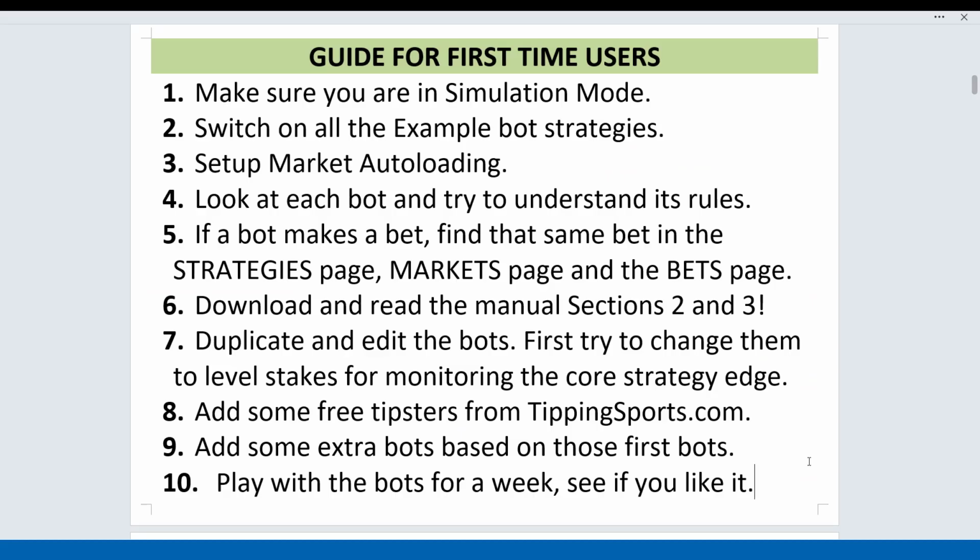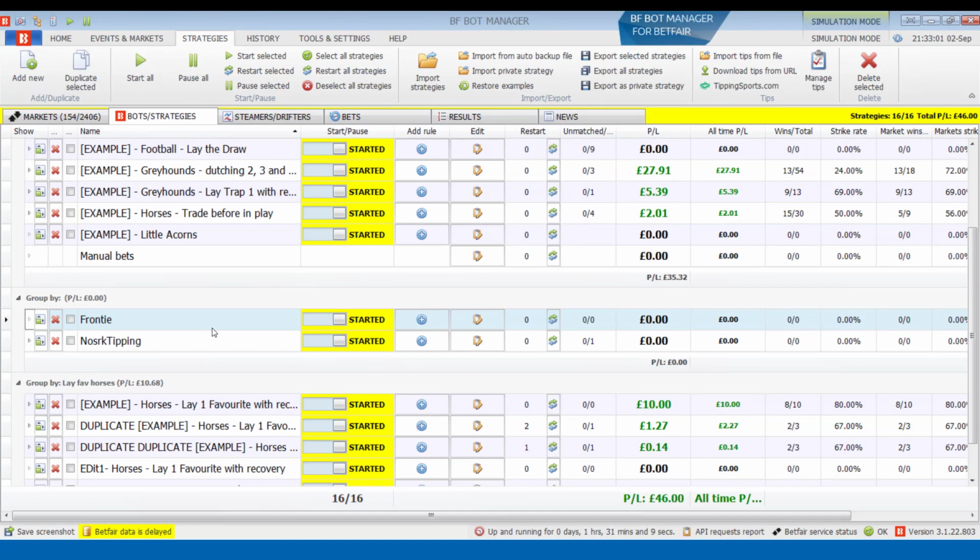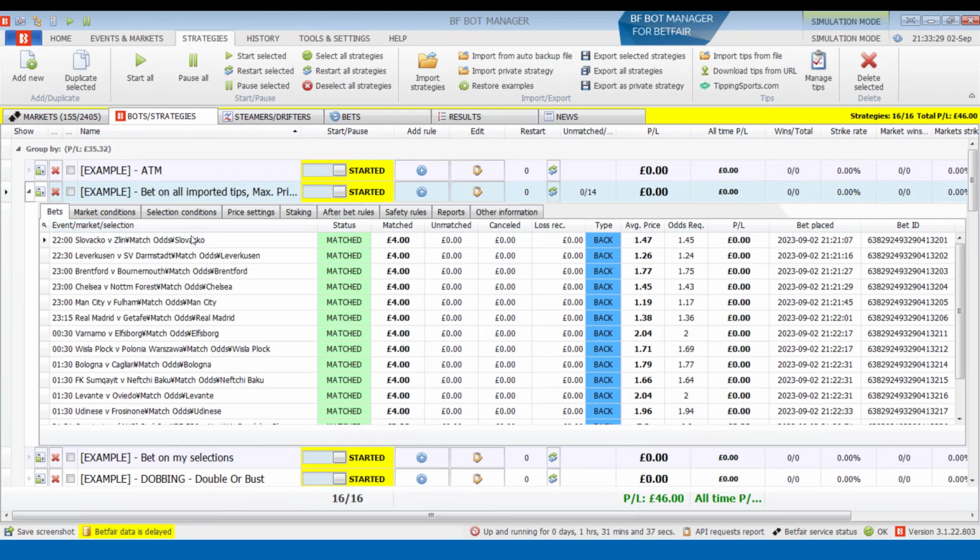Then you're also thinking, well, I've got 7 days to really test out this software and see what it does. If you still have time and energy, you can try to, number 9, add some extra bots based on those first bots. What I mean by that is that let's say you have a bot like this, bet on all imported tips, and it's placing all these bets,